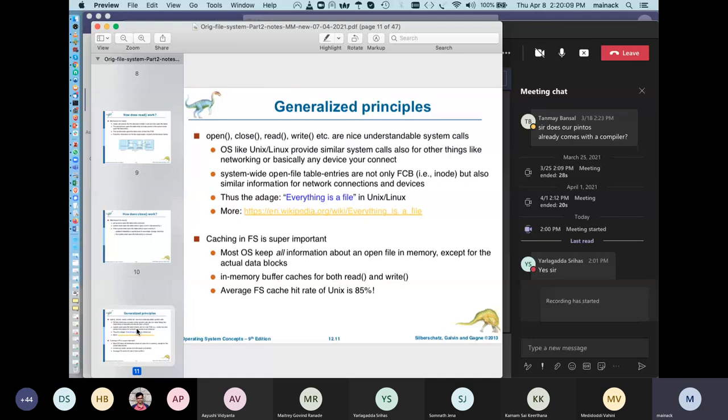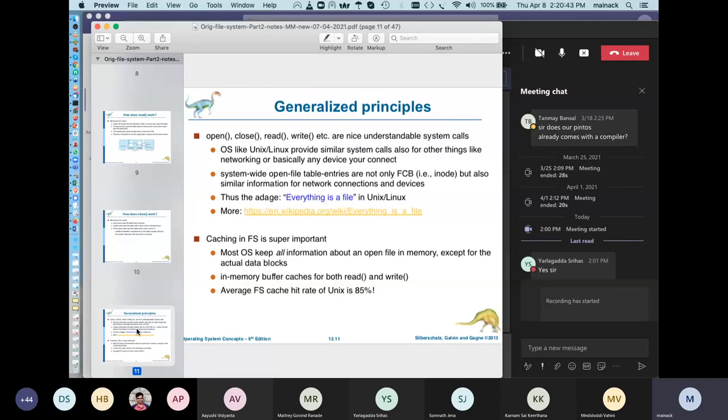Okay. So we are talking about, essentially, we so far talked about the implementation, in general, the implementation of system calls. Now let's talk about, so you know how to create a file now. Basically a file is just data blocks on disk, and the directory and the FCB is the metadata associated with the file. And we talked about that for open, close, read, write, create, for all of these system calls